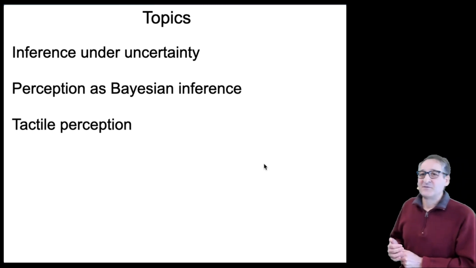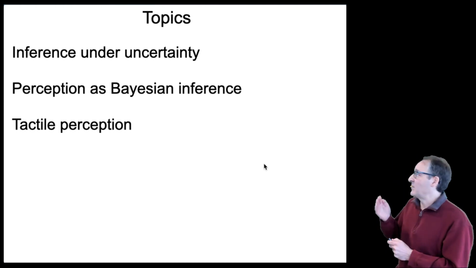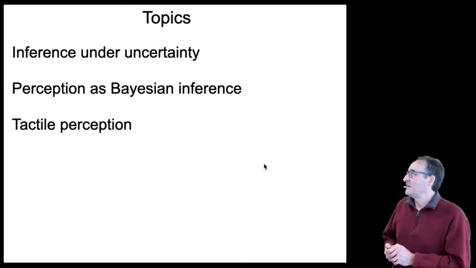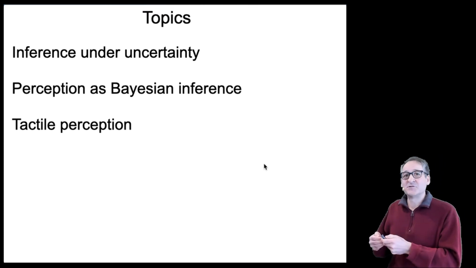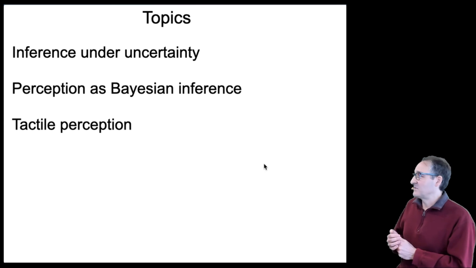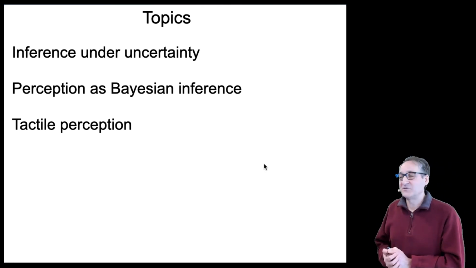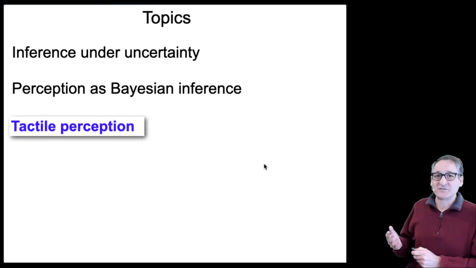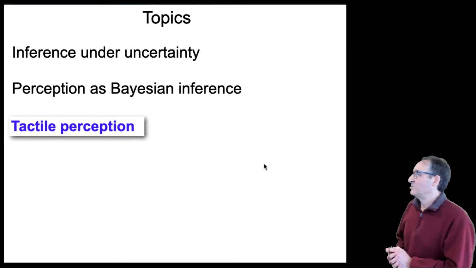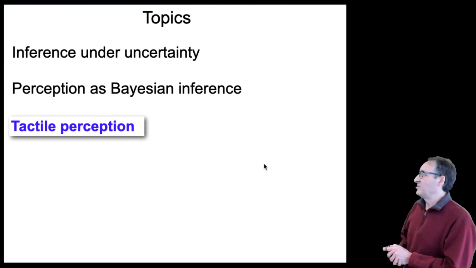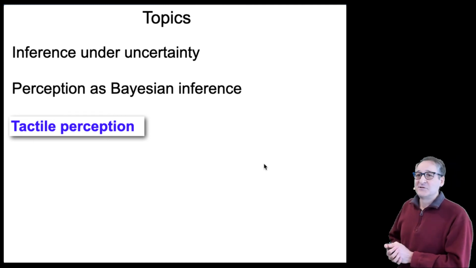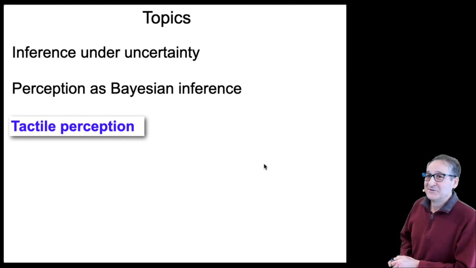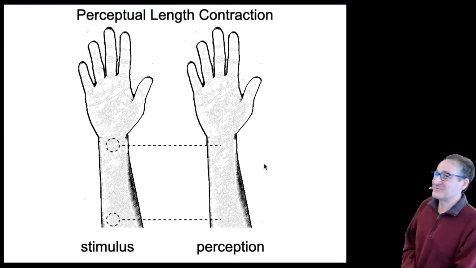All right, so with that very rapid introduction to Bayesian inference, I'm now going to talk to you a bit about what my lab does, which is we study tactile perception, the sense of touch. And we produce Bayesian models to try to understand how the brain might be perceiving through the skin, perceiving the world, the tactile world. And we test these models experimentally against non-Bayesian models. So I'm just going to give you a brief flavor, and it may get a little technical here, so don't worry if you don't understand everything. You're not going to be tested on this afterwards. Not a real class, so I have some license to